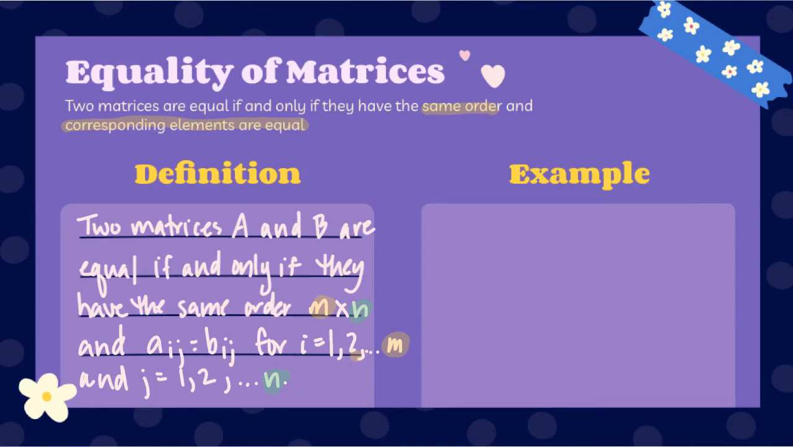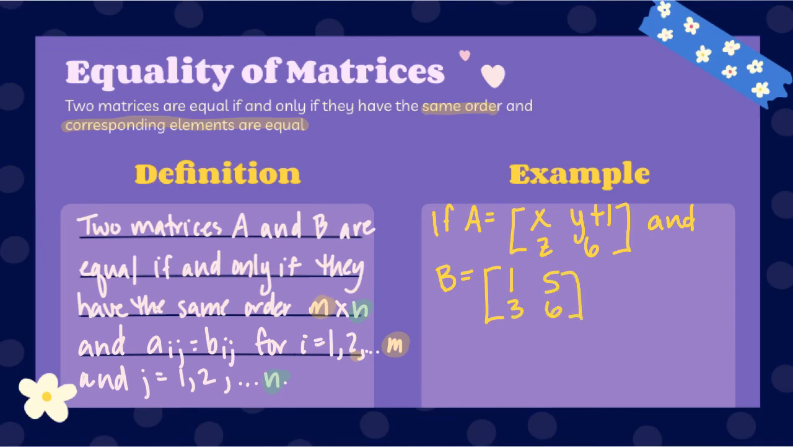For example, if we have A equals x, y plus 1, z, 6, and B equals 1, 5, 3, 6, then A and B are equal, or we could say A equals B,